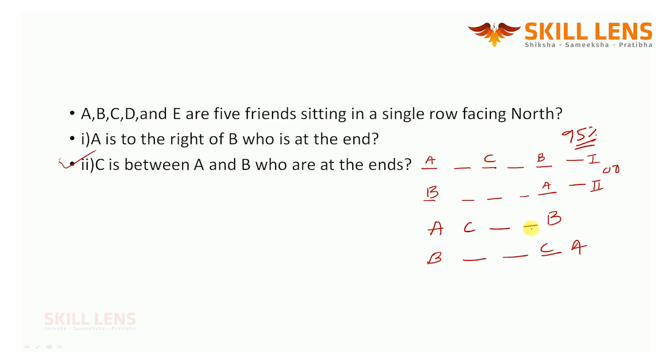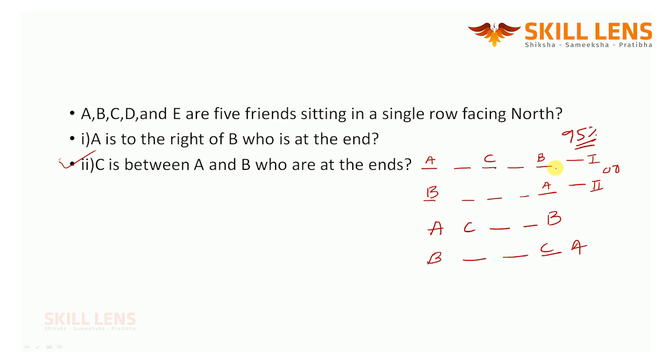Okay, exactly the B position is this, because they are at the ends. A may be left end, B may be right end. B may be left end, A may be right end. We don't know. See, a lot of possibilities are there, because you are getting n number of possibilities. Okay, with that condition, how to tackle this?